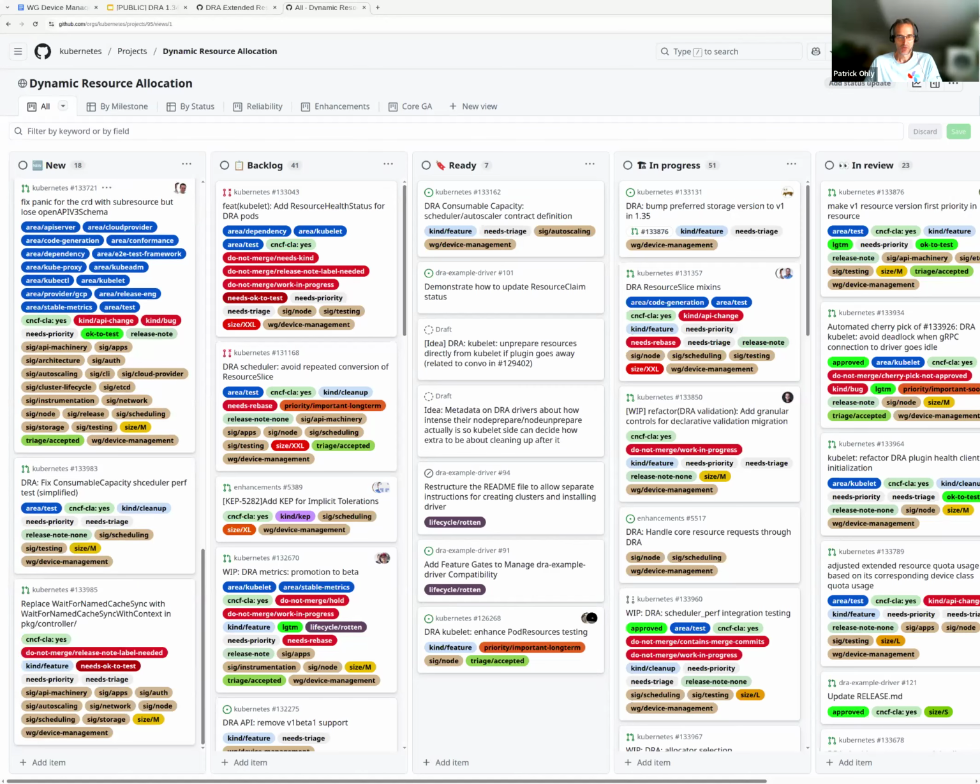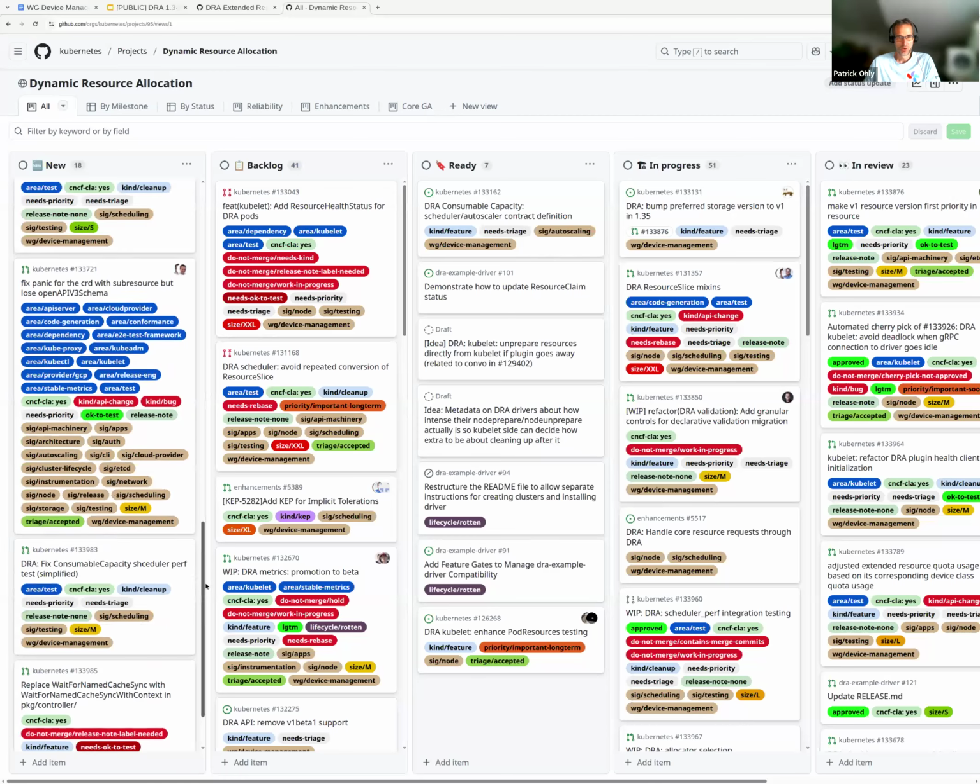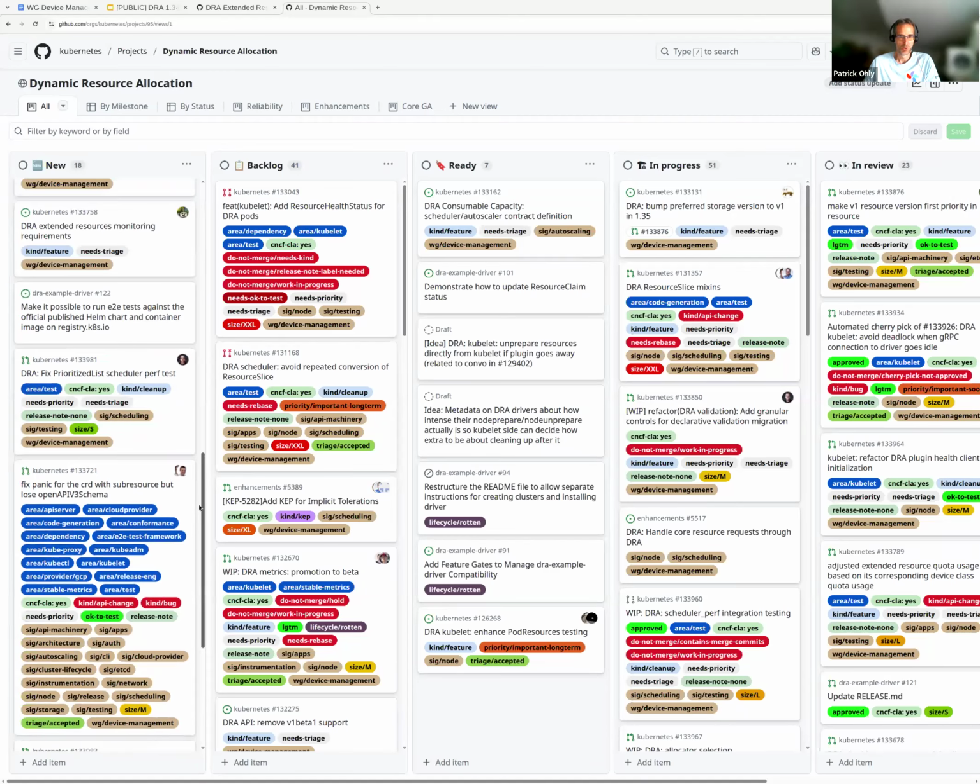PRs are a bit better. We have owners files so that a bot detects which files get modified. So PRs typically tend to show up automatically or get the label automatically. We also have some false positives. So global changes like this one here with Fix a Panic for CRD, that is something that touches lots of files and it just shows up. What I tend to do is I briefly look at it, determine that we don't need to track it as the working group, and then I archive it. That makes it disappear.